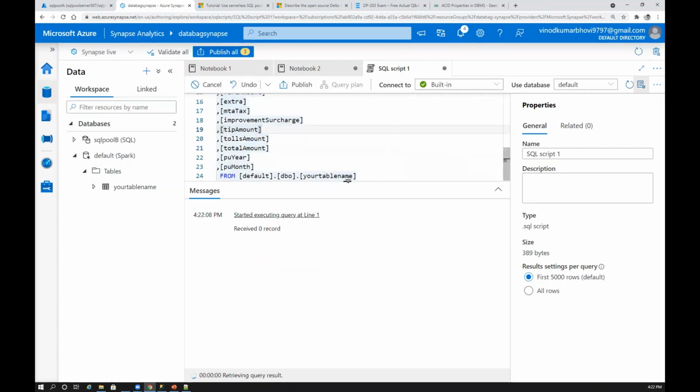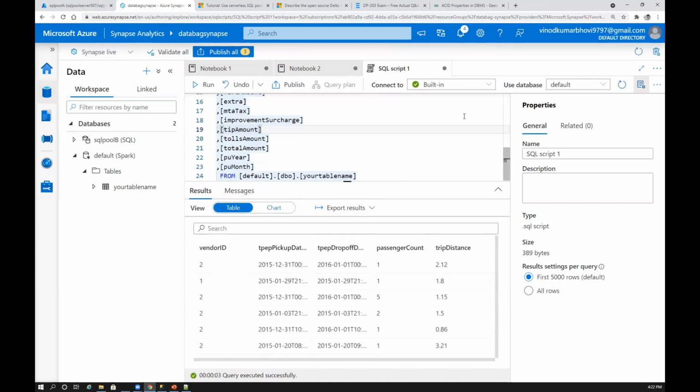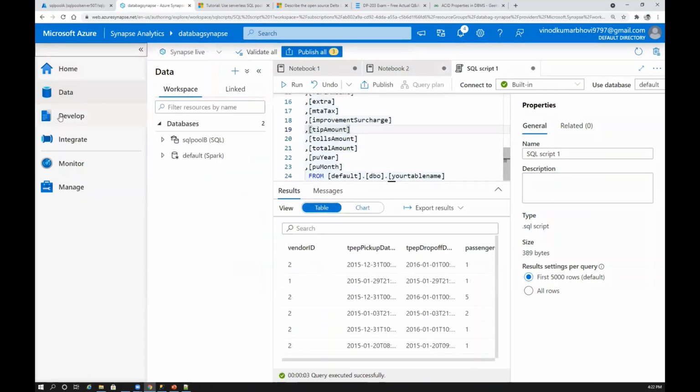So if I try to run with built-in, the reason I'm stretching this is because we are going to see some questions in today's session, and you might get these kinds of questions in the exam. So watch out for these kinds of differences. More or less, these are the major things you need to know about Synapse, at least at this level, even for your work. You need to understand the difference between pools, Spark code, and SQL queries, how you can publish and save them, and validate them. Then you have integration, that's ADF, and monitor and manage is common. I think these are the extra options you've got here.